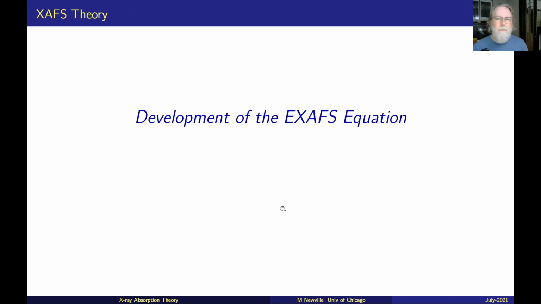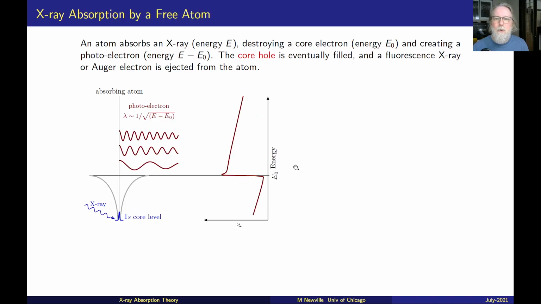Okay, so let's go through the development of the XAFS equation in a little bit of detail, and we'll start slow with our picture of what is X-ray absorption, and we'll slowly develop this. I think it's important for understanding the nature of how this phenomenon happens, for understanding how to model the data. So this is a slightly different view of X-ray absorption. There's a very tight atomic core level. Let's call it the 1s level